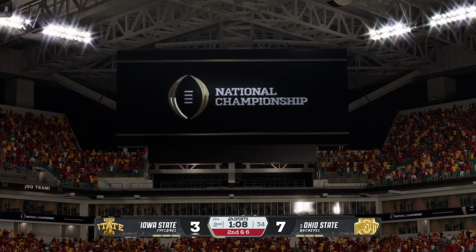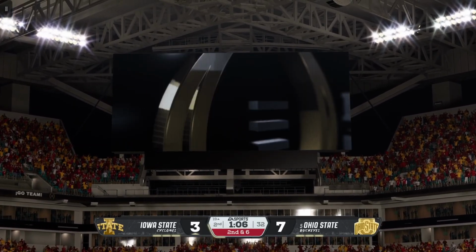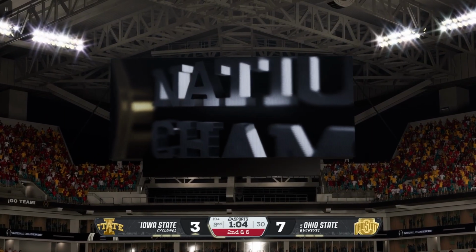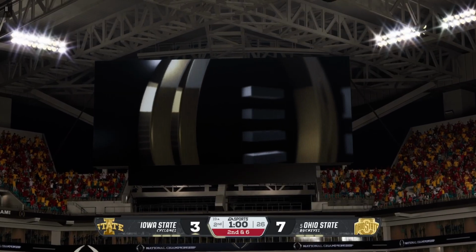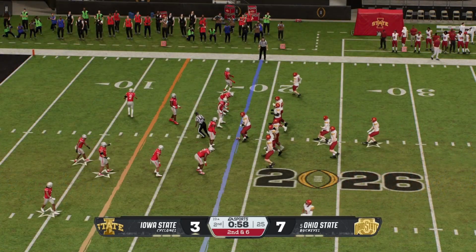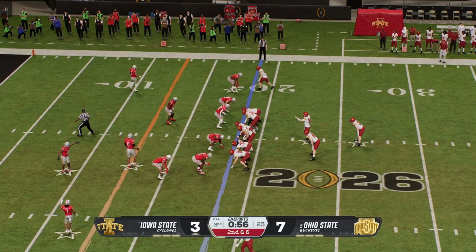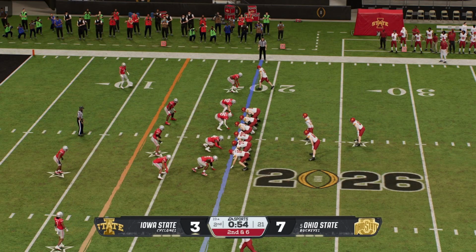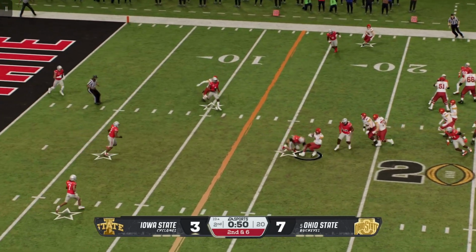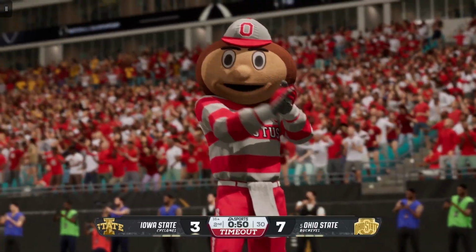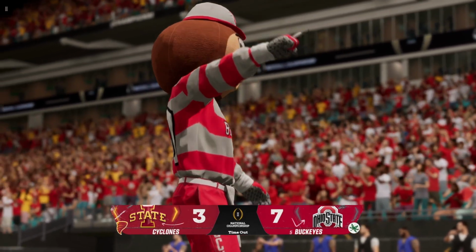That's what I love about this guy. He has the ability to sneak out of the backfield. The quarterback's able to find him open, checks it down for a nice gain. The Cyclones are going to cash in this red zone trip. Looking to pass here on 2nd down. The receiver makes the catch. The timeout is called to talk strategy.